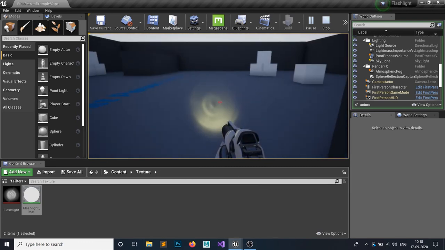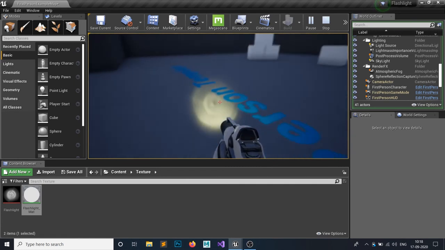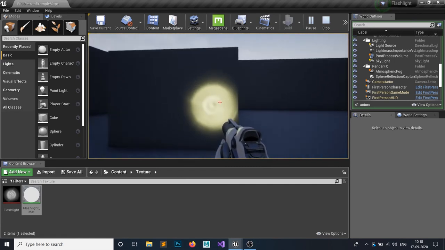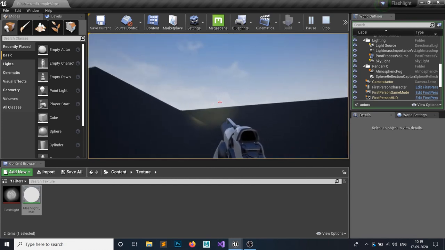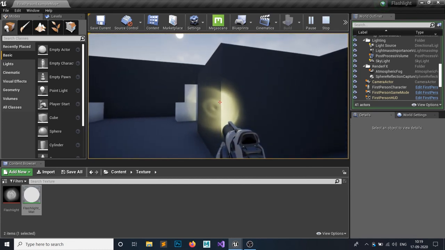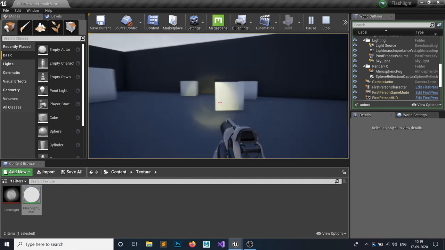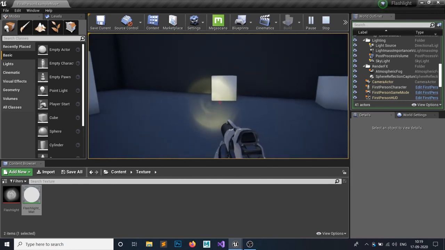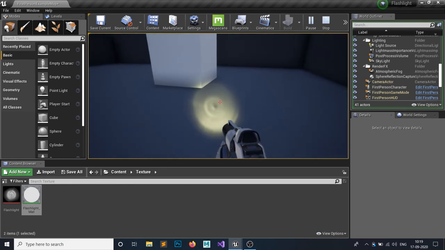So I think this is a bit better, and I don't think the flashlight is very visible because of this light. But you're going to set up your very beautiful night scene, and then you're going to set this. We have seen this in the previous tutorial part. So you can toggle on and off.